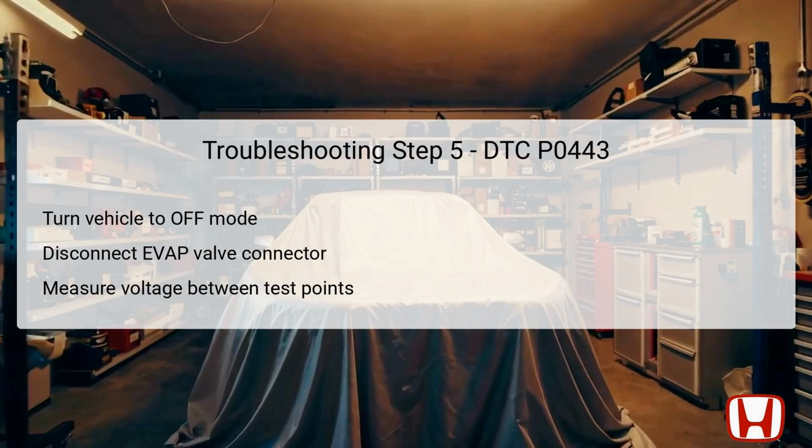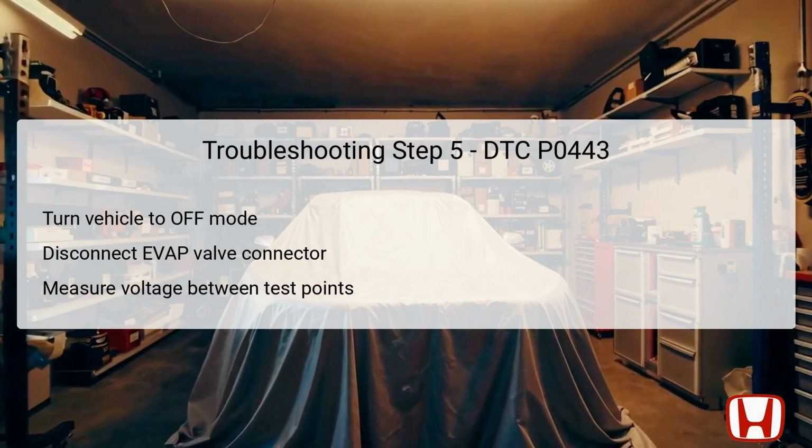Test point 1 is located at female terminal number 2 of the disconnected valve connector, and test point 2 connects to body ground. If battery voltage is present, you can move on to Step 6. If not, repairs should be made to any open circuits in the IGPS, Integrated Gate Driver Circuit, regarding the valve